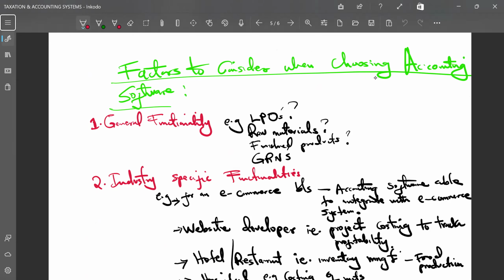For you to be a going concern, your business might be doing well now at the moment, but are you looking at the near future? Are you looking at the future of your business? Are you looking at the possibilities of expansion? Is your system ready to accommodate the expansion that is happening? Look at the flexibility of your system. Is it able to accommodate the new changes in accounting policies? Is it able to accommodate the tax regulations that are coming up every day? Is it flexible enough to handle that?